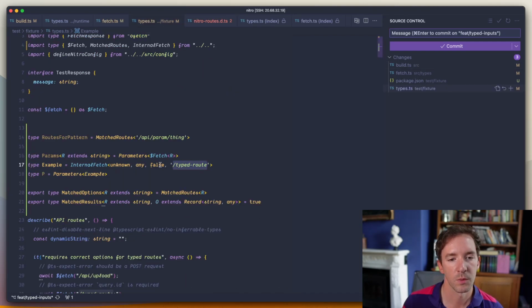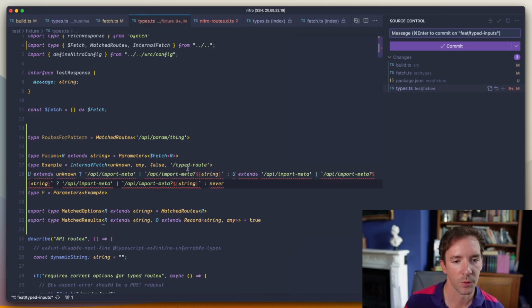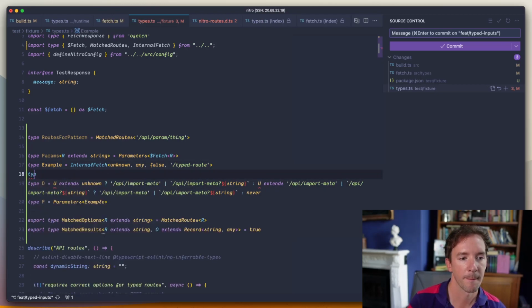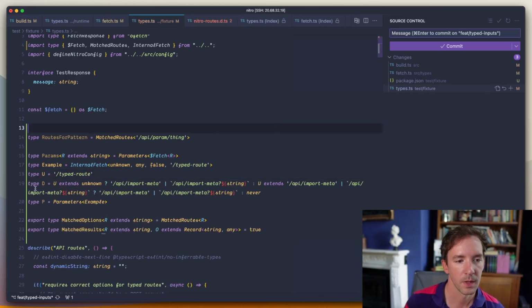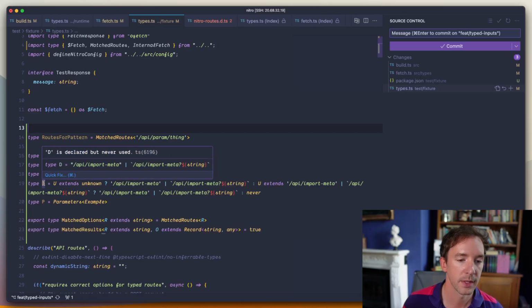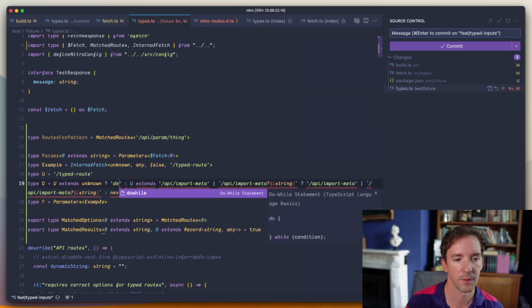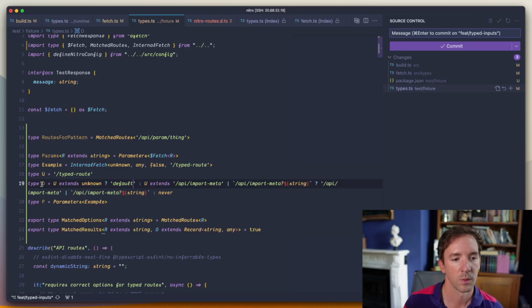So if we said, basically u here is going to be typed root. So that is going to be default. That's when the user hasn't picked anything. Okay, so this should be